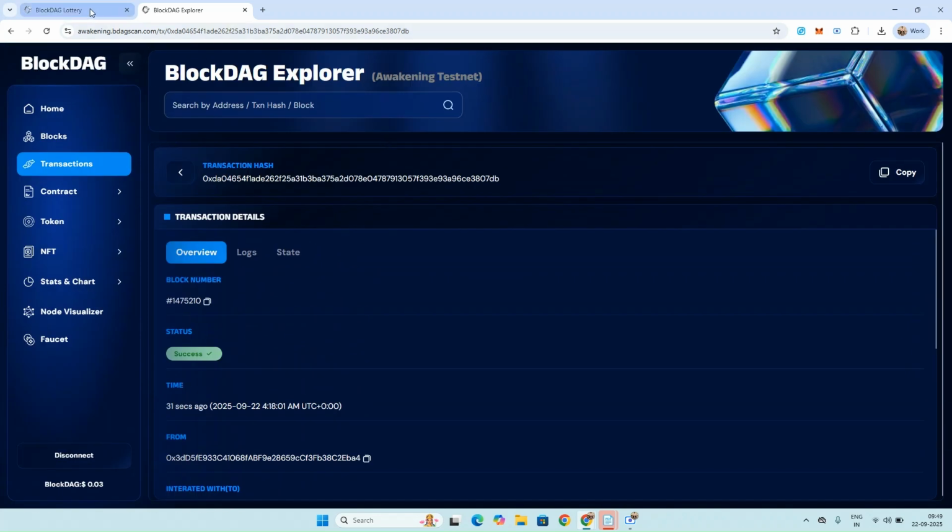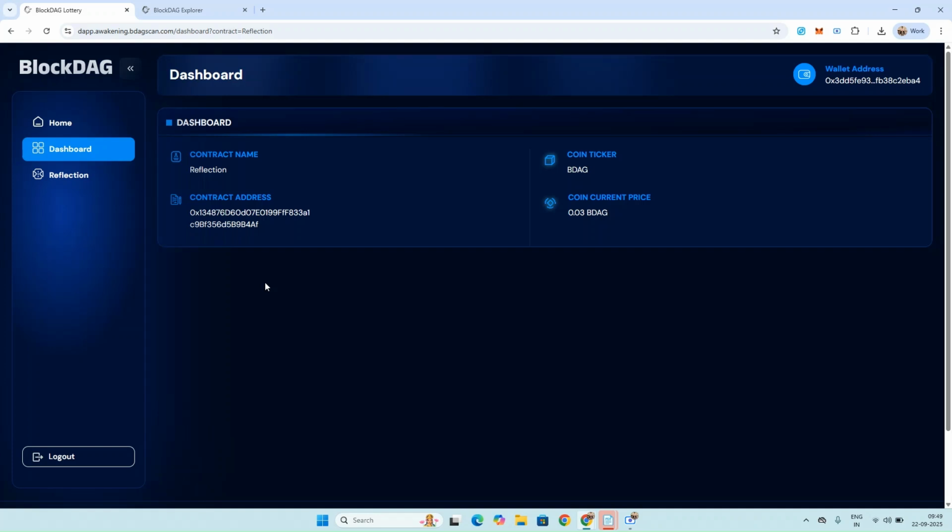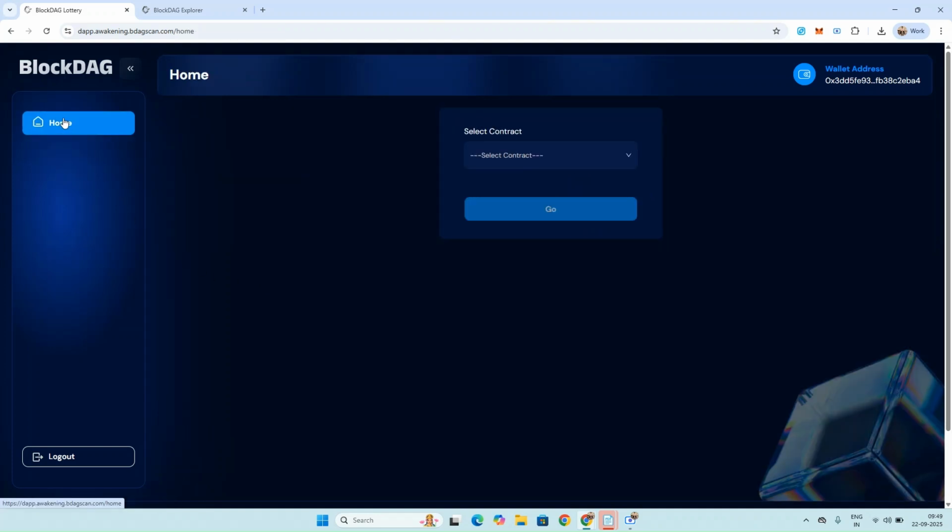So now let's move back to the home screen, where I'll walk you through the lottery contract. For the lottery contract, again, make sure you are connected to the correct wallet address. For this, let's choose the lottery contract option from the select contract drop down and click on the go